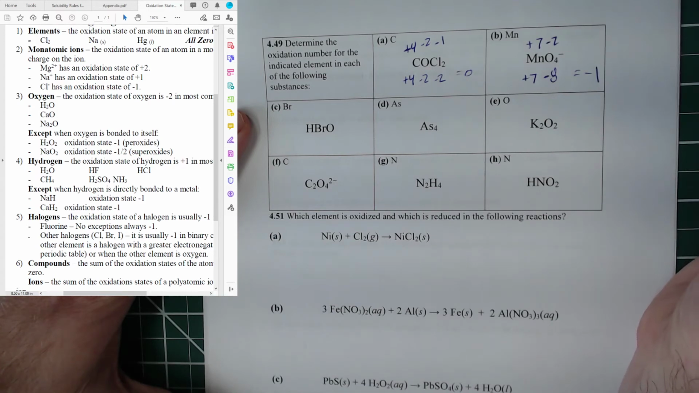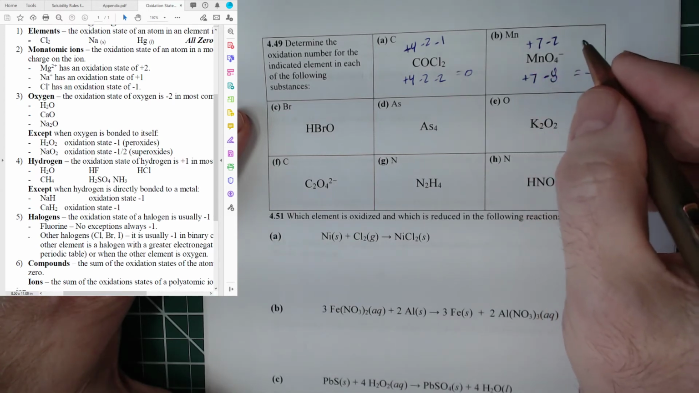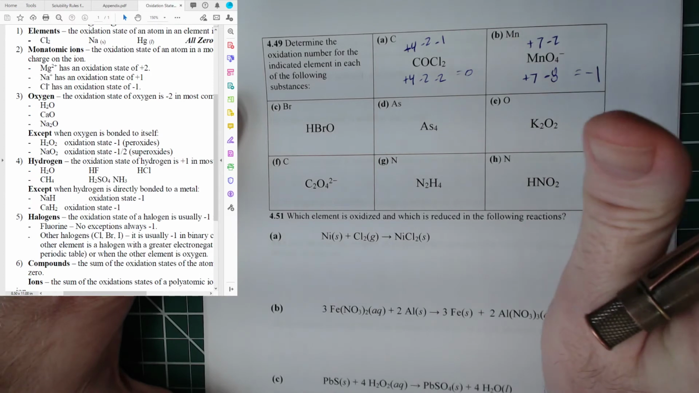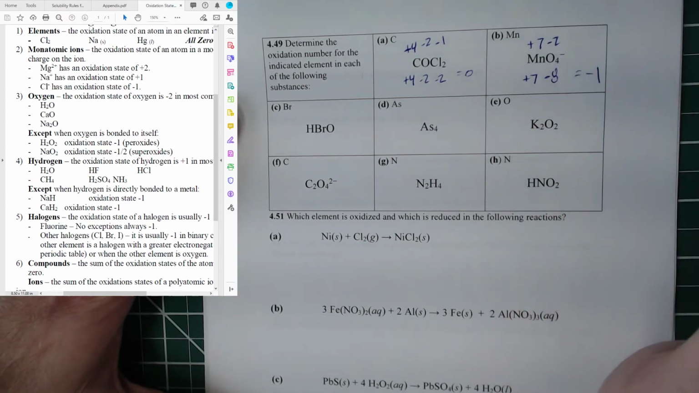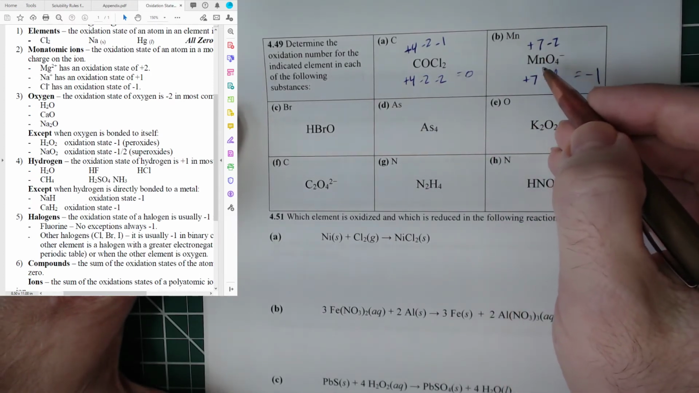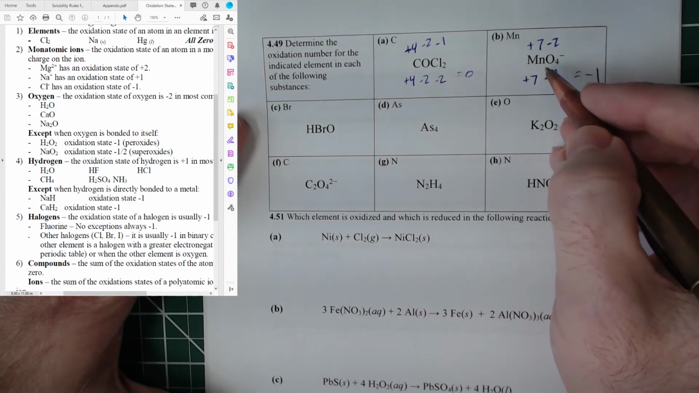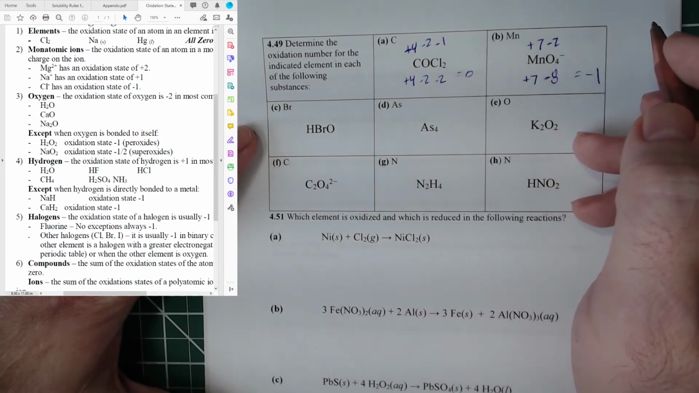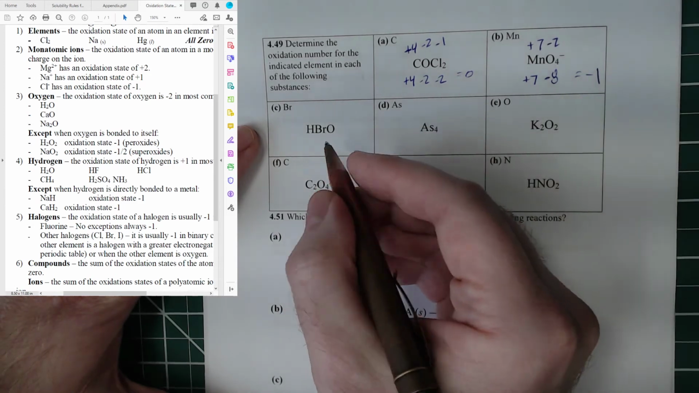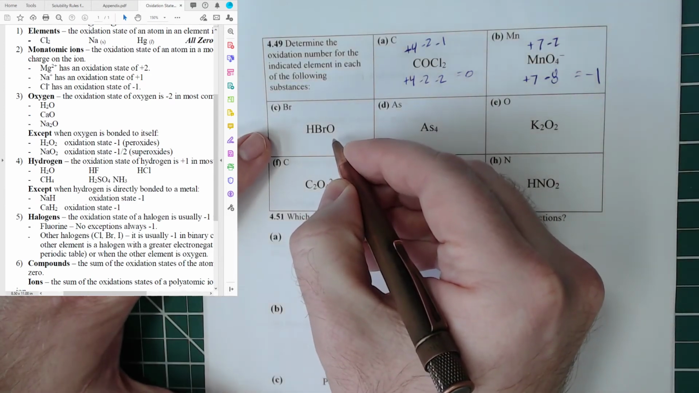So the oxidation state of manganese in permanganate is +7. Now, again, I don't want you to think that the charge on the manganese is +7. That is not going to happen. But the oxidation state comes out to +7. All right, next here we've got the